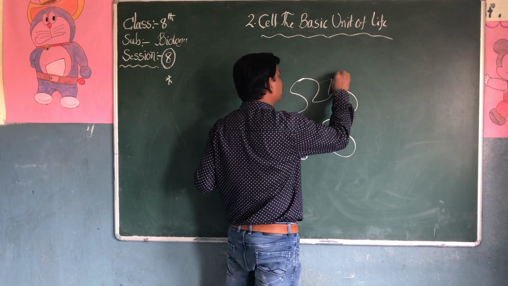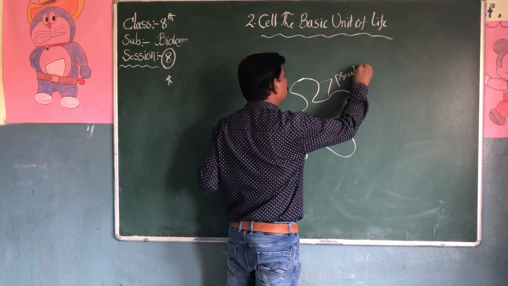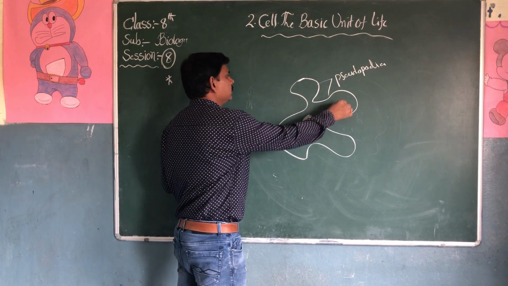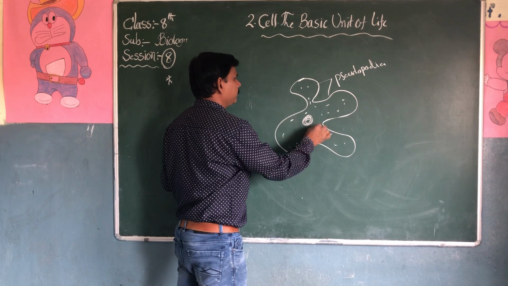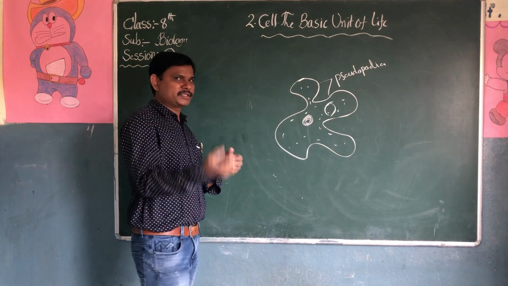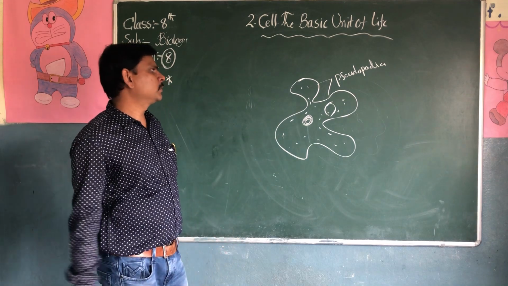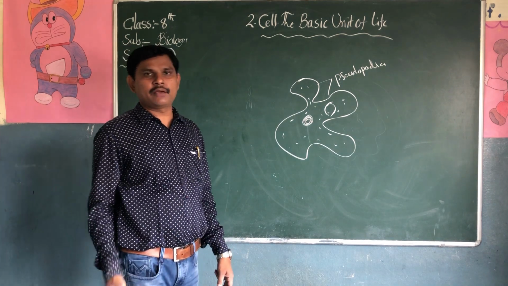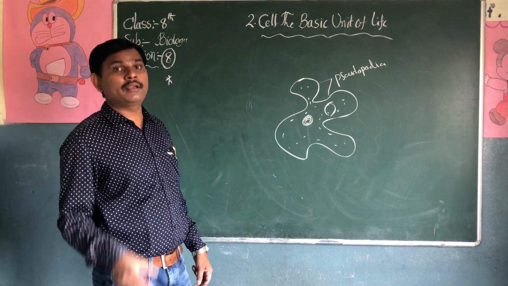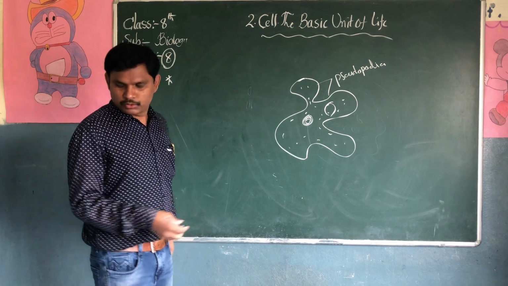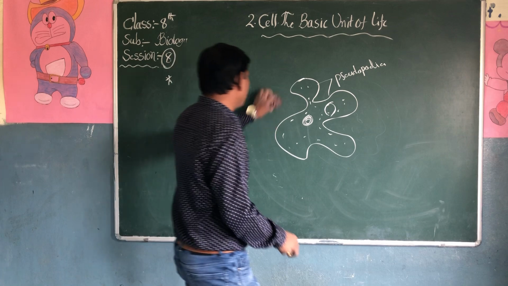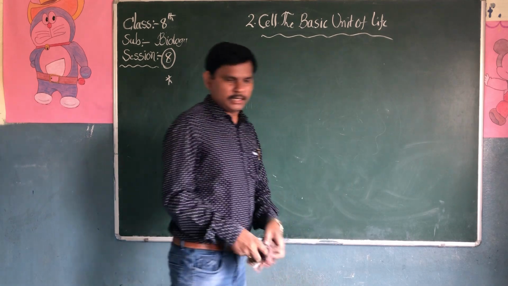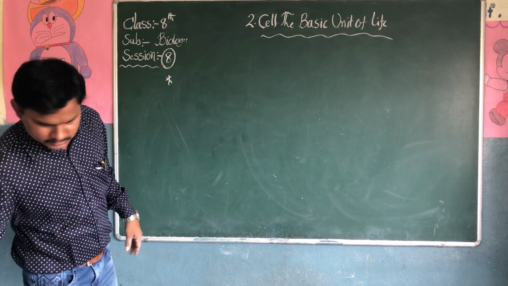Through the pseudopodia, it captures the food materials and sends the nutrients into the amoeba body. In the food vacuoles, the food is digested and sent to various parts of the body. So amoeba captures food with pseudopodia. Paramecium has cilia. Chlamydomonas has flagella. We will discuss a few more cells, the shape and parts or function of the cells.